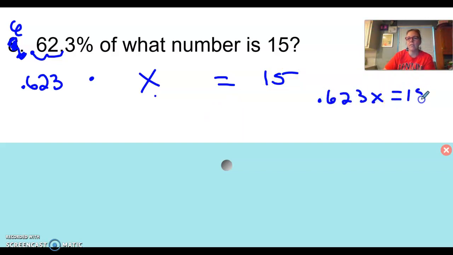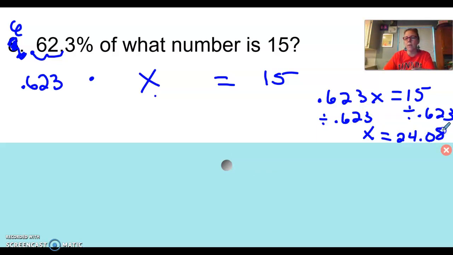0.623x equals 15. So again, since we're multiplying here, we're going to end up dividing, and some people like to do it like this instead of the line. That's okay. So I don't know what 15 divided by 0.623 is. So you can use your calculator. We bring our x down. X equals